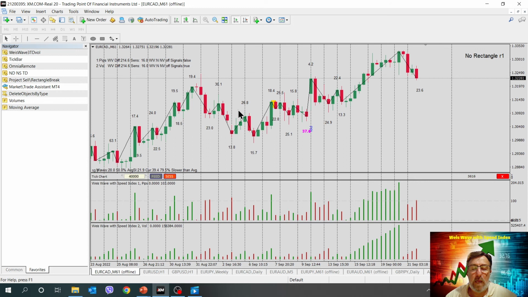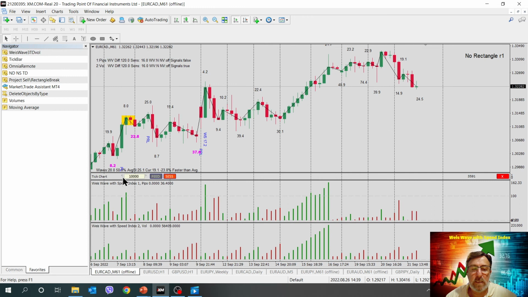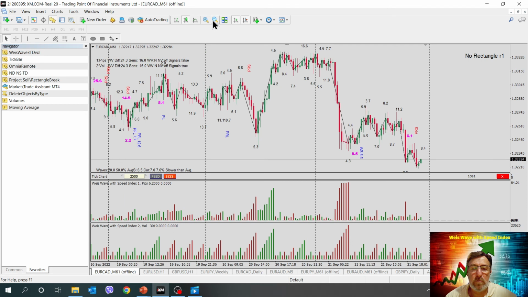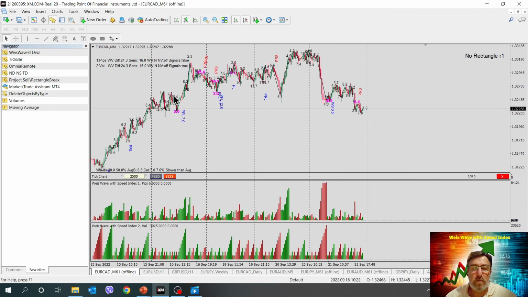All right, now the Z refresh is when you hit the Z button. It's only used for tick charts because as you change the ticks on the chart, okay, let me zoom out, it does not do all the refreshing of the signals. So with the Z button you just refresh all the signals.